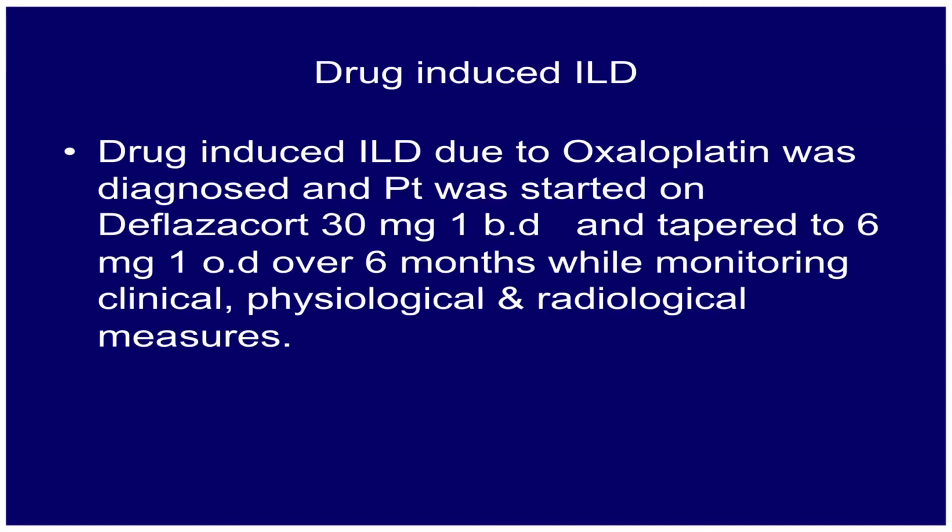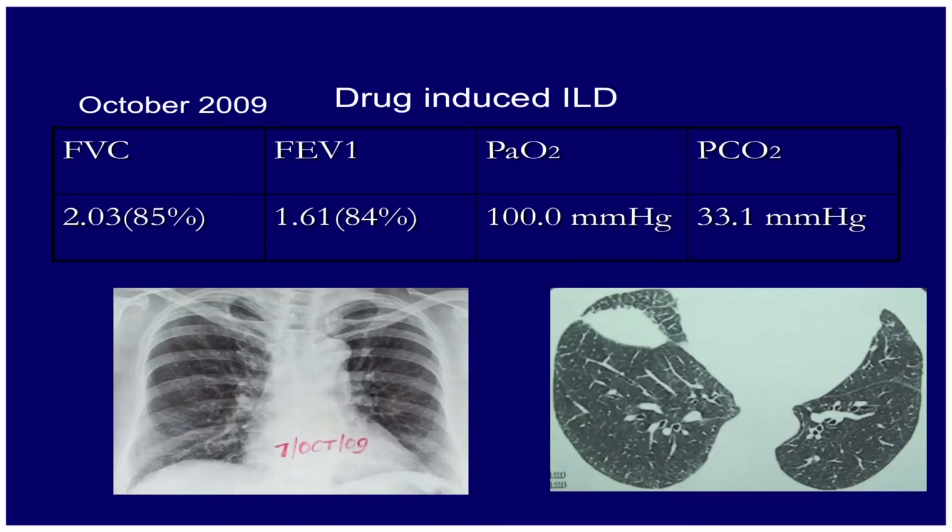In this case, we treated her with the help of steroids, and you see with the steroids she has improved. Her FVC came to 85%, oxygen saturation became normal, and even X-ray and CT improved. So, not every interstitial lung disease is fatal. The picture was like interstitial fibrosis, an IPF-like pattern, but since it was drug induced, the drug was already stopped, and a course of steroid has made all the difference.